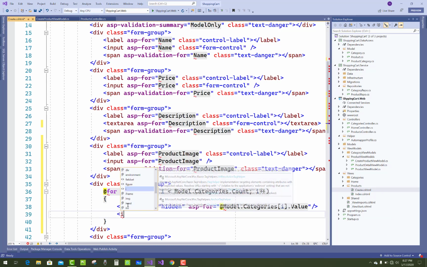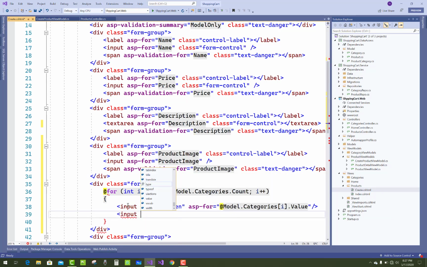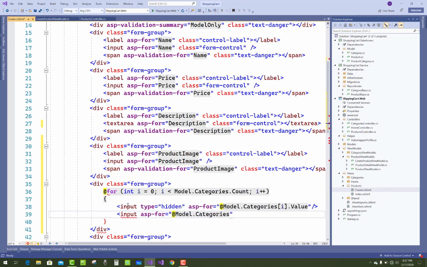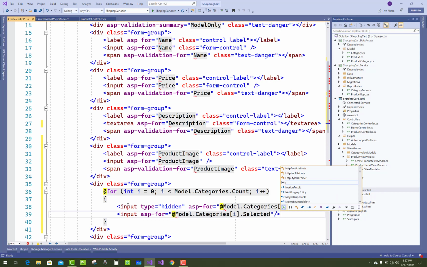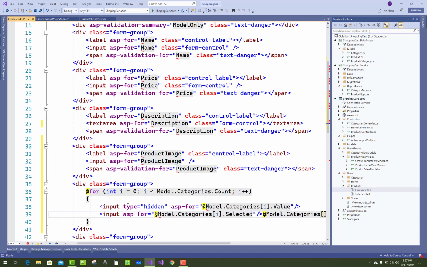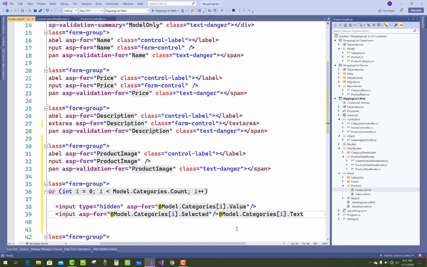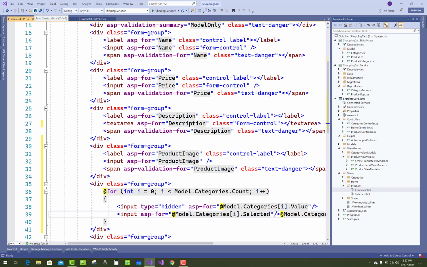So model.categories[i].value you can add in the hidden field with asp-for, and then an input with asp-for equals to model.categories[i].selected, and for the text you add model.categories[i].text, because in the text you have the text value of your categories, and in the value you have the id property of categories, and in the selected you have the checkbox.